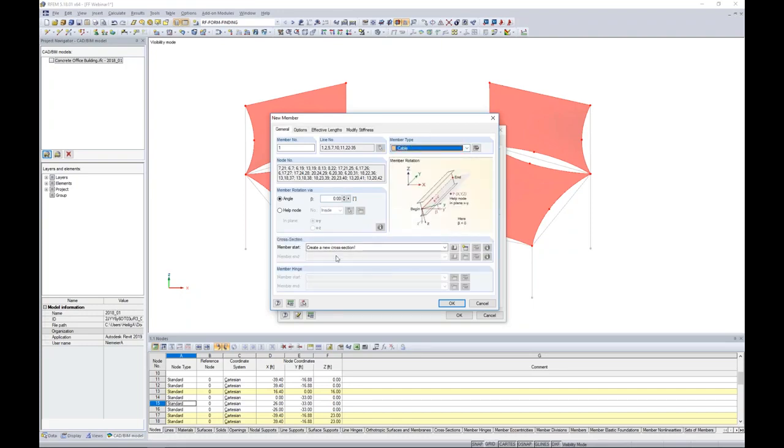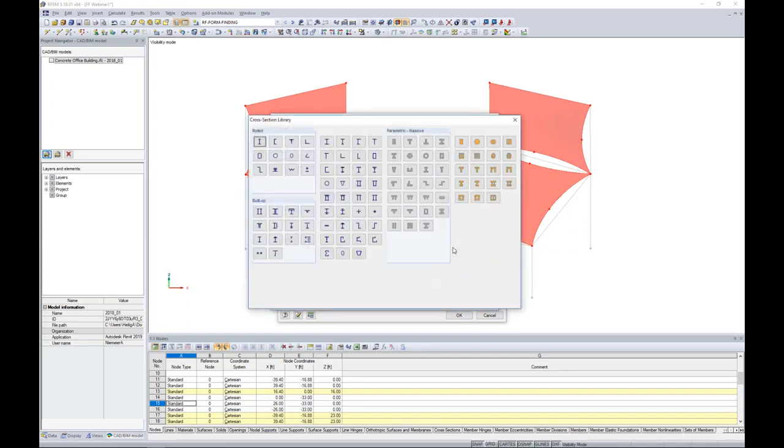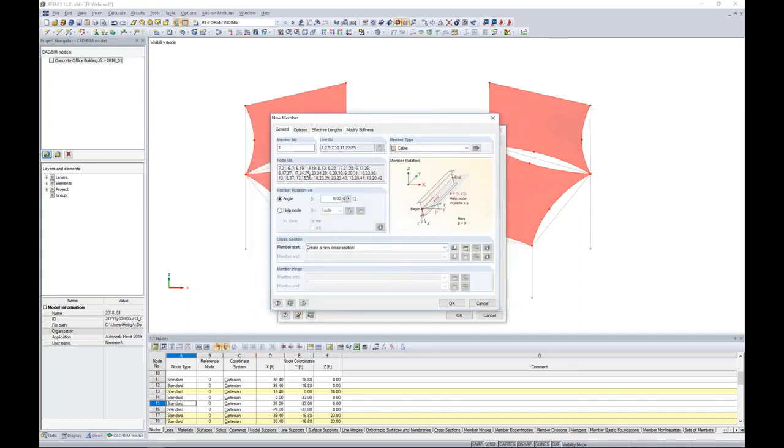The program's telling me I need to create a new cross-section, so I'll access my cross-section database, which you can see here. We have all of our various cross-sections available within RFEM. We have several parametric sections, massive sections, thin-walled sections. We have all the rolled sections from the various standards, and in particular today, I'm going to use the solid